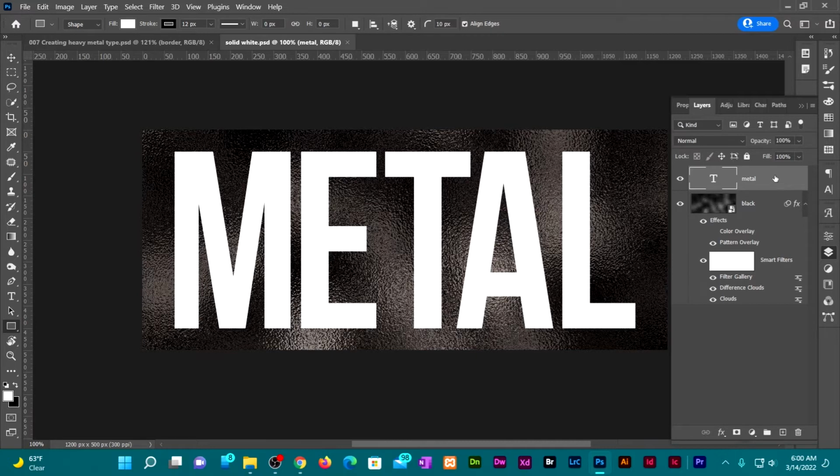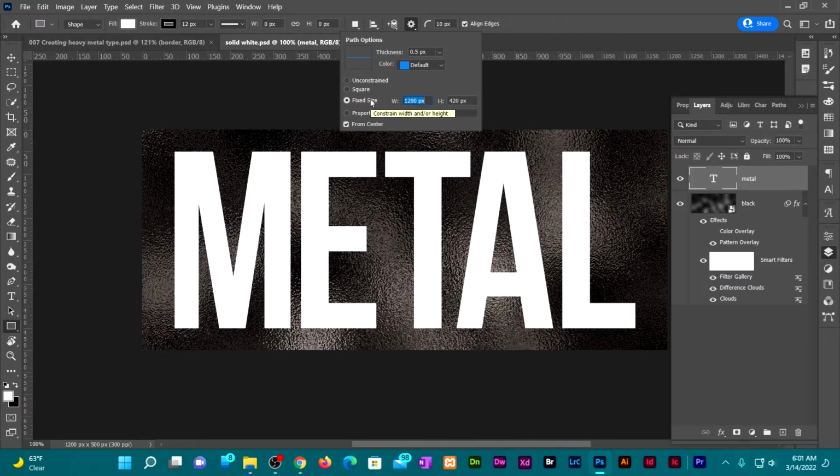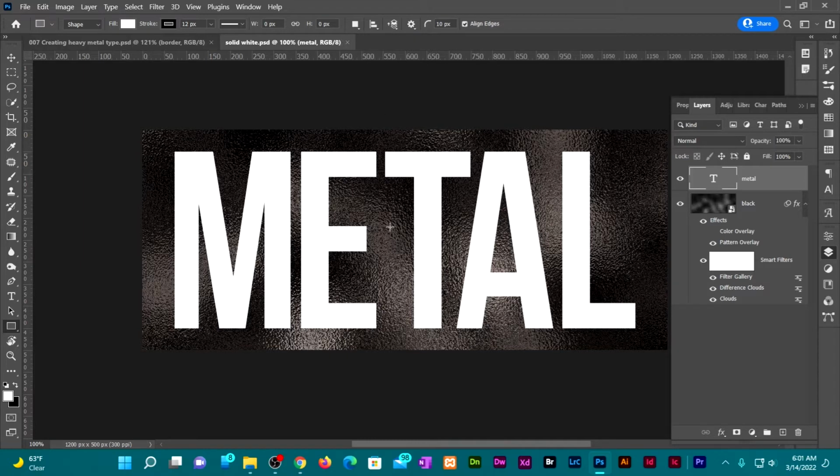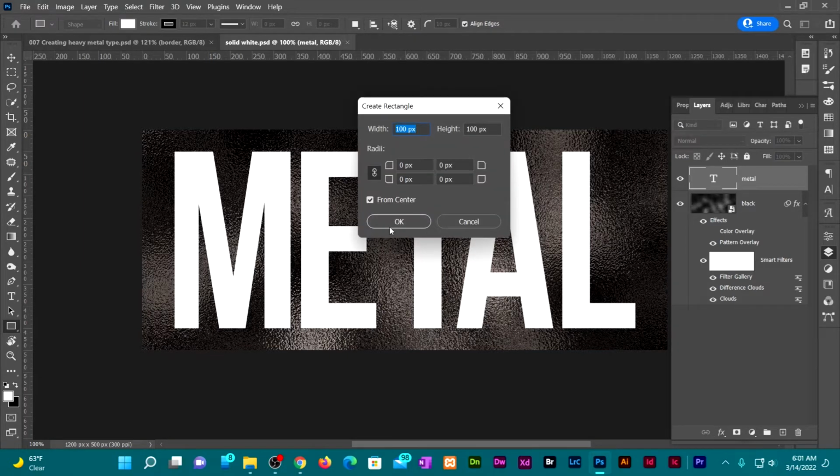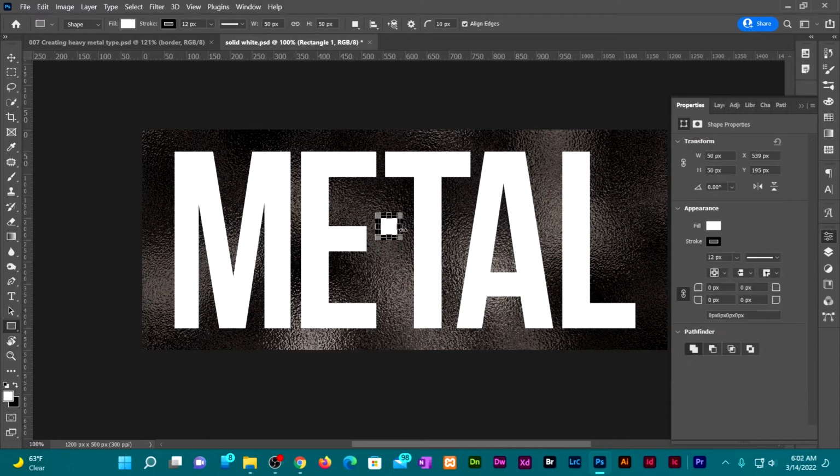Pick the rectangle tool. Go to the toolbar, click on Path Options, make sure you check New Layer, go to Settings, change from Unconstrained to Fixed Size, change the size to 50 pixels each, create a new hair on the background, change the size to 50 pixels. On each side, click OK, remove the stroke from the square,